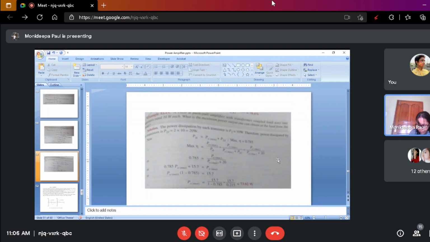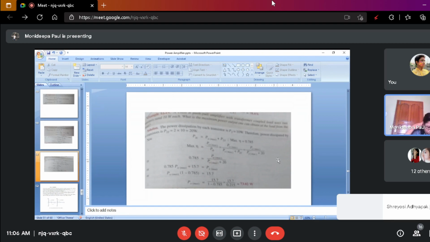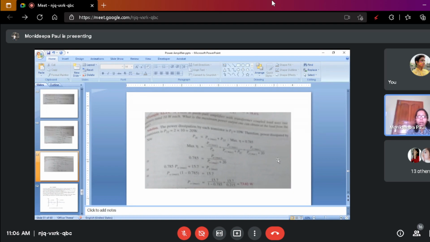A class B push-pull amplifier with transformer coupled. এখানে আমার কাছে ক্লিয়ার নয়। ট্রান্সফর্মার কাপেল লেখো, তারপর আমি দেখছি কি করা যায়। A class B push-pull power amplifier with transformer coupled. তারপর কি আছে আমার কাছে ক্লিয়ার নয়।